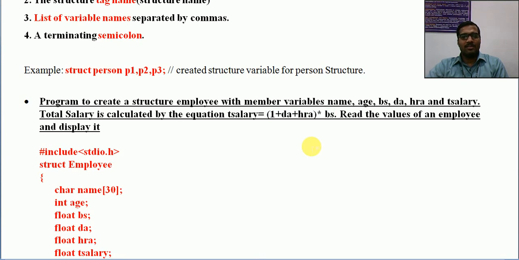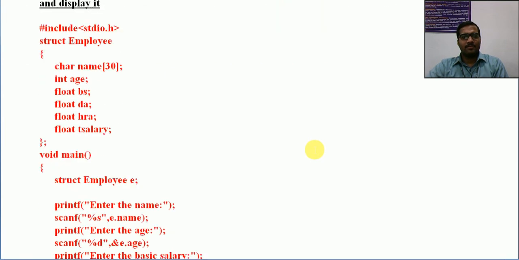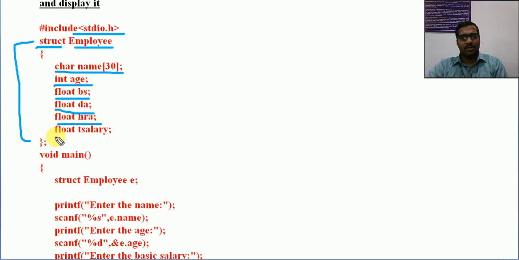Let us see the example here. First of all, after the inclusion of the header file, just declare a structure. Struct employee, this is the structure declaration. Then I have char name of 30, int age, float basic salary, float DA, float HRA, float total salary. So these are the elements present in the structure.